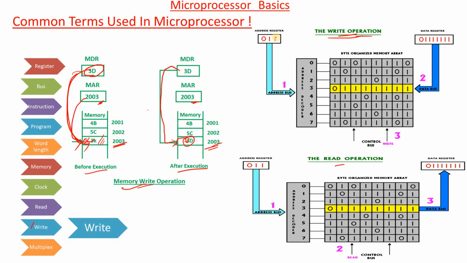Write operation: first you need to generate some address, 0, 1, 1. If there are 3 address lines, 2 power 3, total 8 locations we can access. So the initial address is 0, 0, 0 and then 0, 0, 1, 0, 1, 0, 0, 1, 1, 1, 0, 0, 1, 0, 1, like this up to 1, 1, 1. So if the value is 0, 1, 1, where is 0, 1, 1? This is 0, 1, 1.